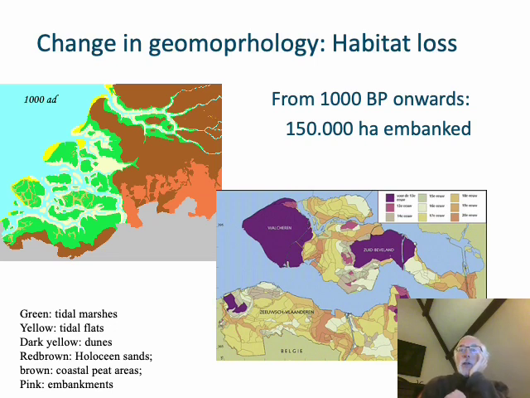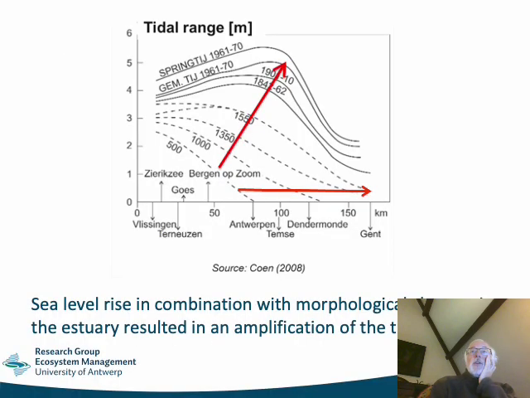And you can see that starting from the 13th century onwards, gradually the whole area was embanked, and you can see that more than 150,000 hectares of tidal marsh and tidal flats were embanked over the last more or less 1,000 years. And this change in the geomorphology has a tremendous impact on the hydrodynamics, and that is what you